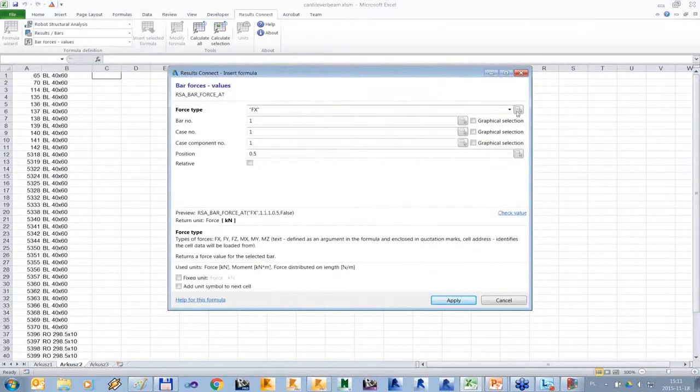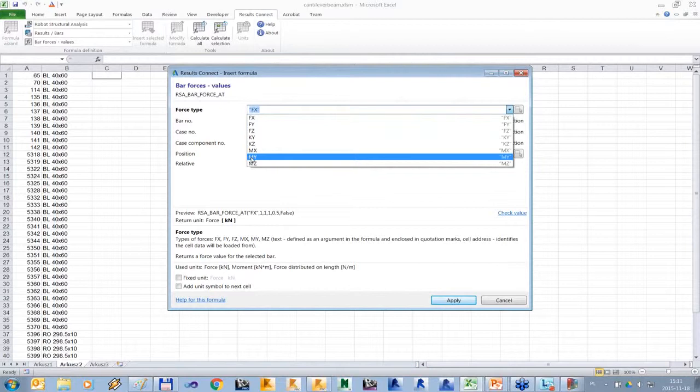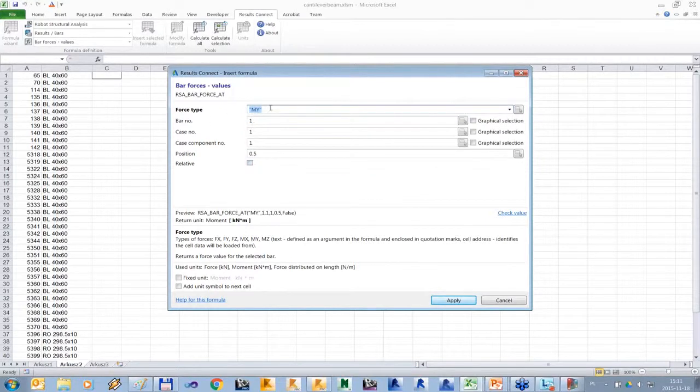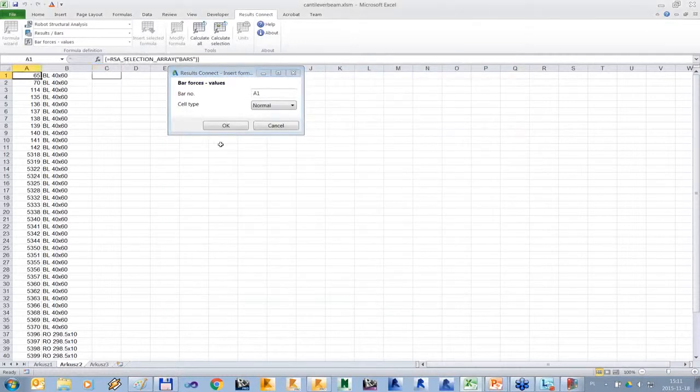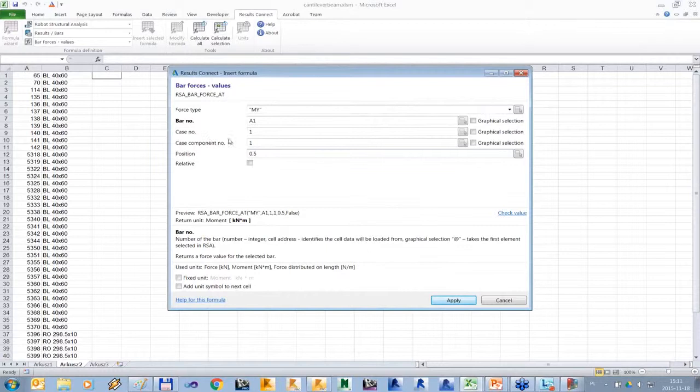So let's say I want to import data of my moment for bar. So for each bar we have imported, then not in the middle, but let's say at the beginning of the bar. So I will specify 0 here, and we can see and activate the units,